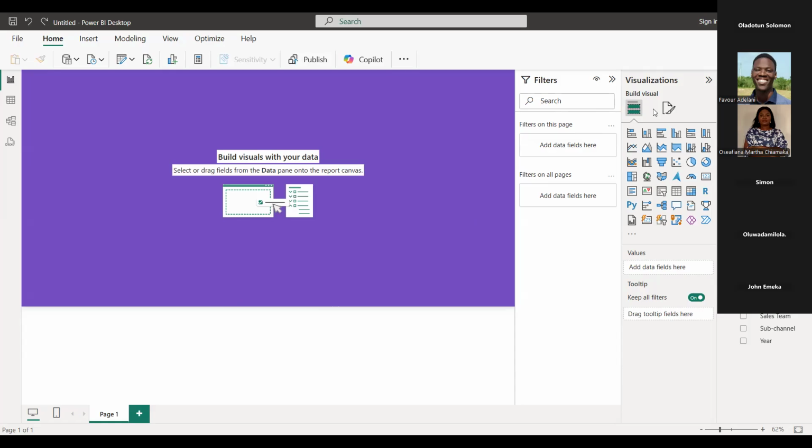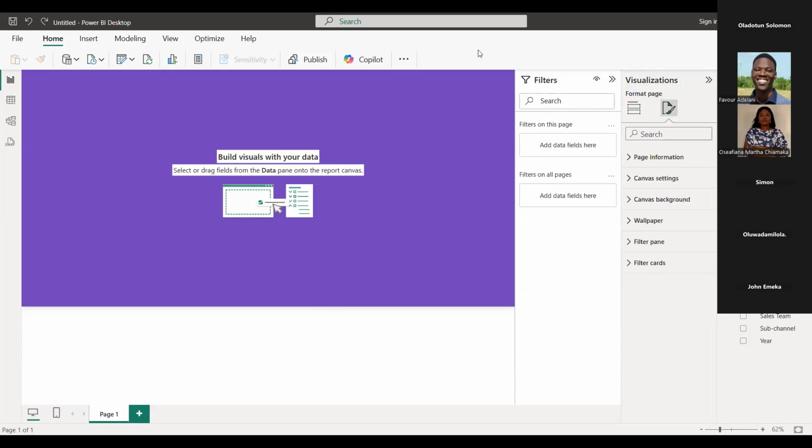So these are the things that you need to consider. Like I said, 16:9 is the default ratio, but you can use intuition and preference to make changes. So John, have I answered your question? Yes, sir. Thank you. Okay.